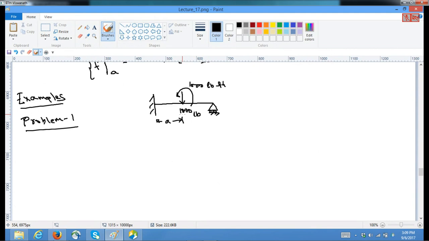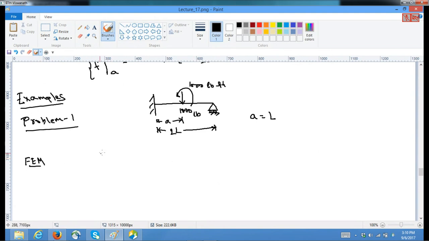Okay, so now let's assume the length of the beam as 2L and A is equal to L. Okay, in that case, how would you try to solve it using FEM, using the 1D formulation that we have so